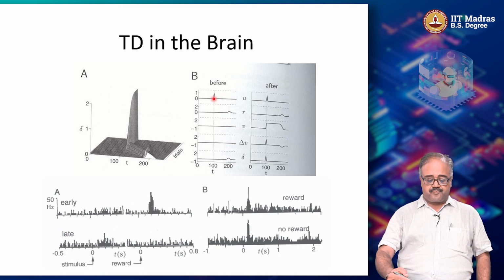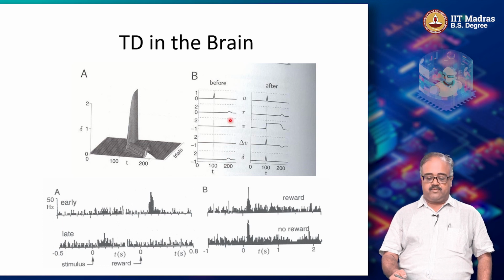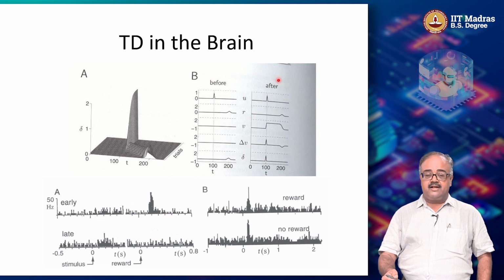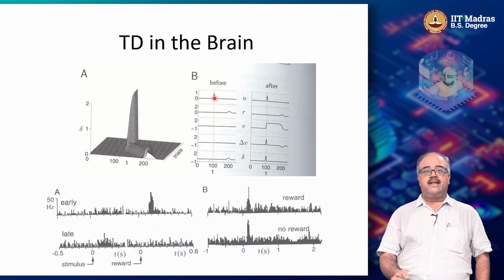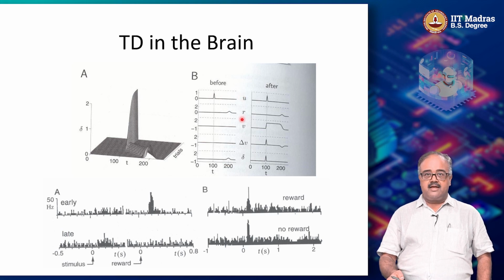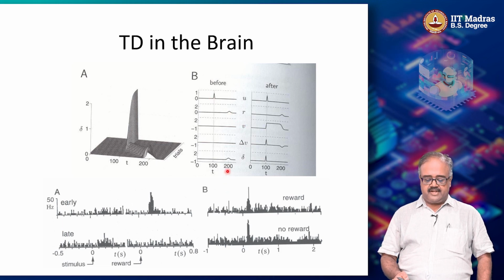So, before learning, you see that delta is the signal that predicts the dopamine activity. The delta is high when the reward actually comes; the reward comes only at time 200. But after the learning is done, the reward is still coming at 200, but the delta becomes high at 100 because that is where I give you the stimulus or the light. So, U is equivalent to the light, R is equivalent to the juice, and delta is equivalent to the dopamine, right. The light is always at 100, and the reward is always at 200, but initially delta,